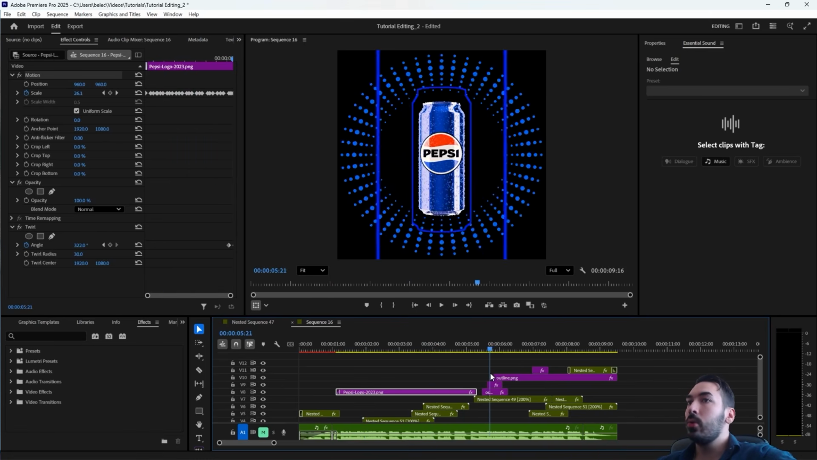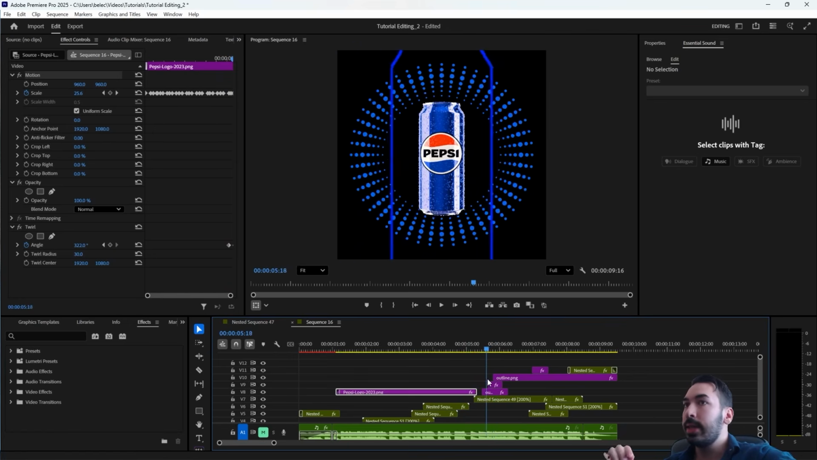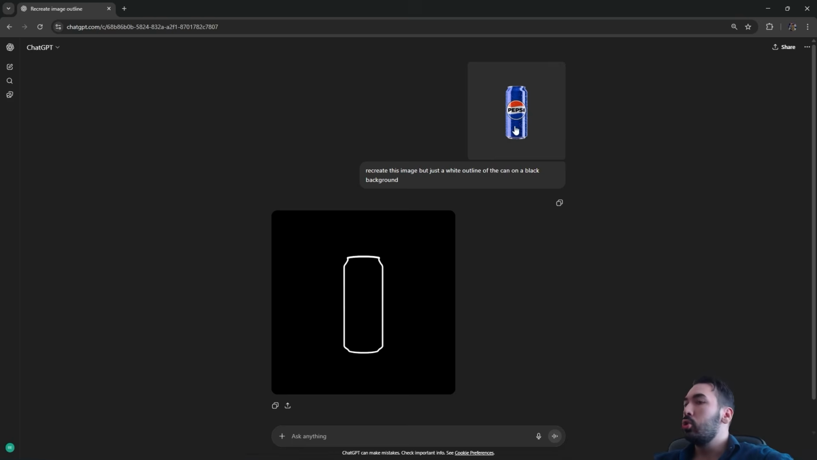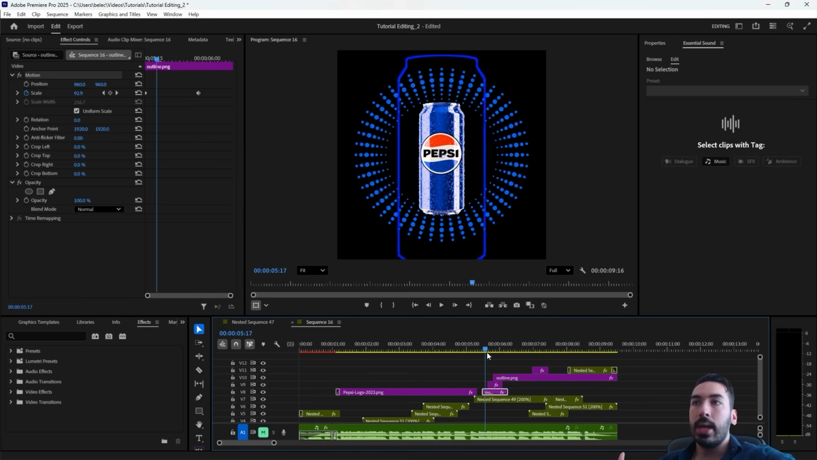After that we have the first thing come in. Now here's another thing that I did with the can. Notice these outlines here. I took one of the PNGs that I got when rendering this sequence for the cans. The picture is just a can with a transparent background. I threw this into ChatGPT and I told it to recreate this image but just a white outline of the can on a black background, and I got this beautiful outline right here. I didn't feel like designing this myself from scratch. I downloaded that image, I put it into Premiere Pro to turn the white into blue. I should have just told ChatGPT to make it blue, but anyway, now I got that outline in Premiere Pro,